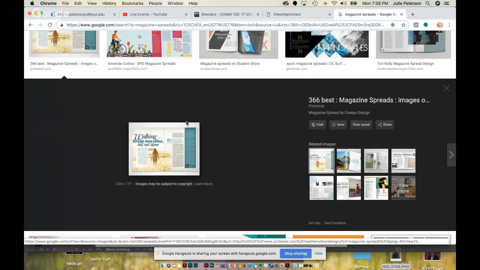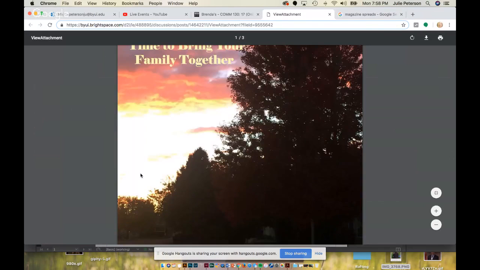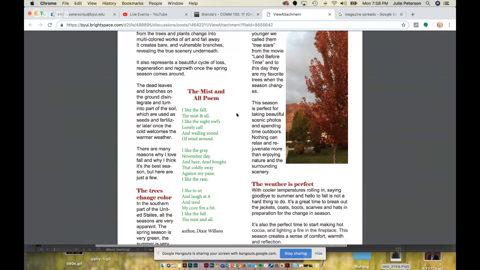You can make a separate colored box for it and put that in its own little space. Or even like she has here on the image, taking a quote, a story, a poem, and putting it in its own little box. So you can do that. You can easily just put its own little box here on the image. Or you can take it and put a box behind it.